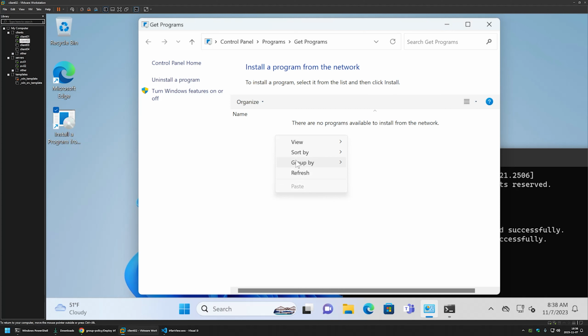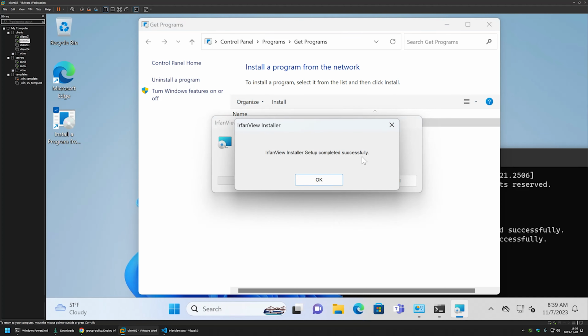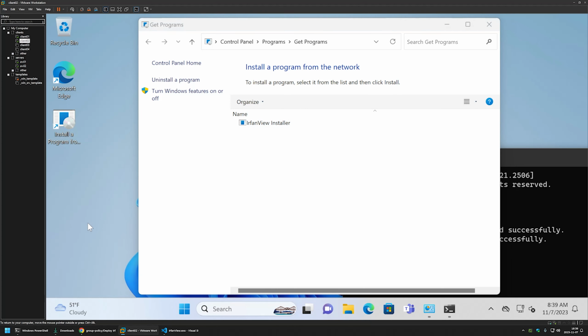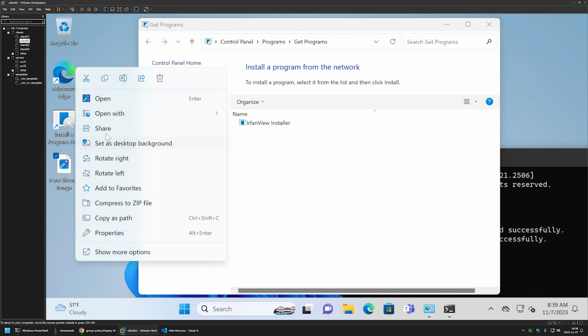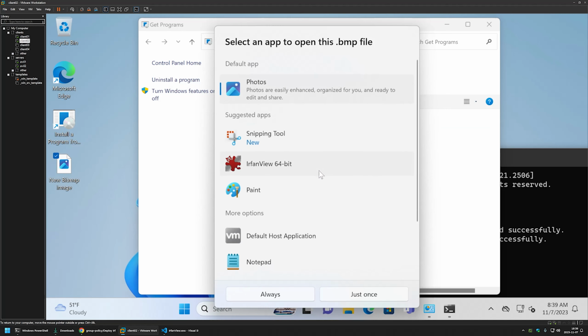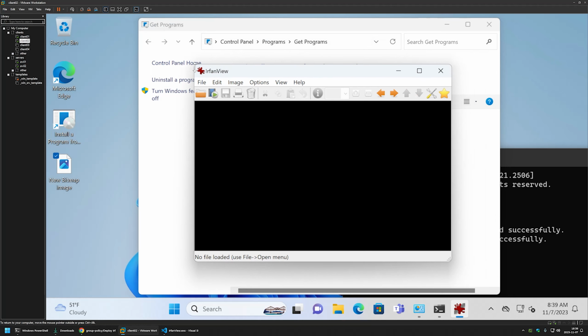So now if I refresh the list here, we can see our software package. I will double click to start the installation, and the installation seems to be successful. I will click OK here. Now let's create another empty image file. Right click it, open with, and select IrfanView. I will select it here and select just once, and error message once again, but the software itself seems to be working just fine. And that's it for deploying IrfanView, and in the future videos I will show you how